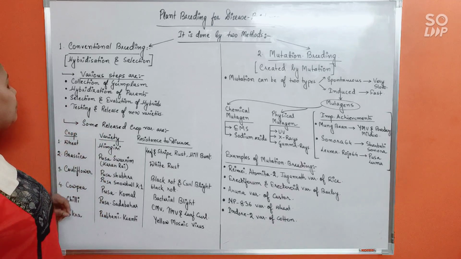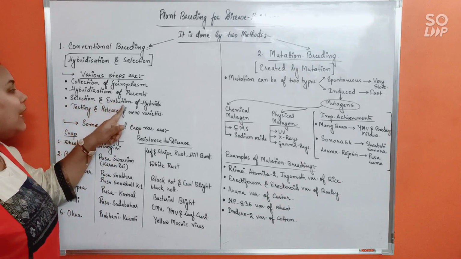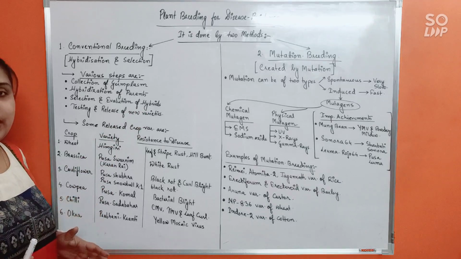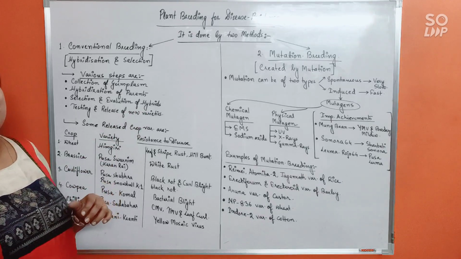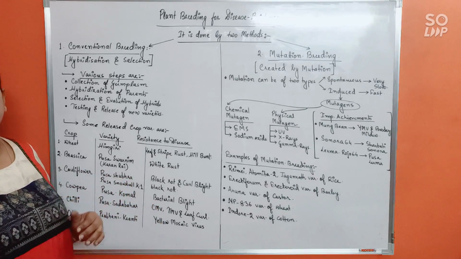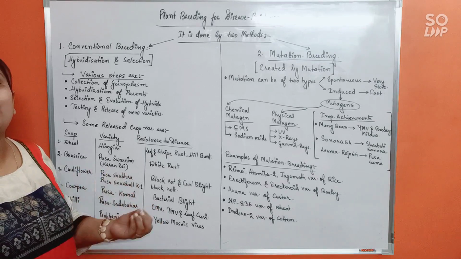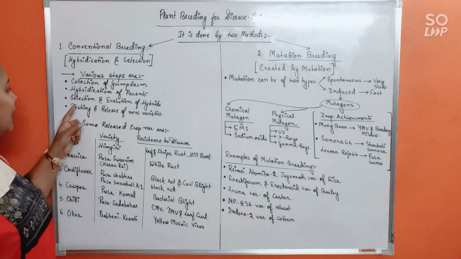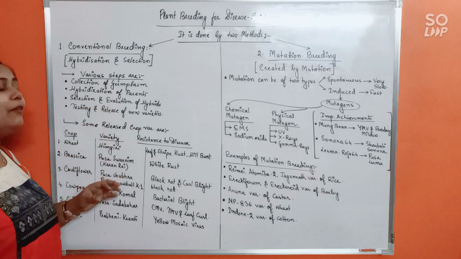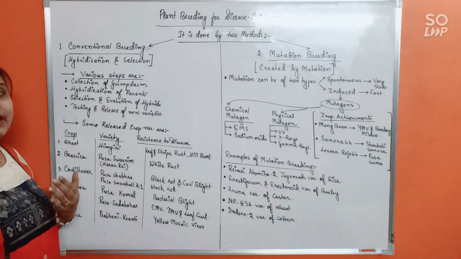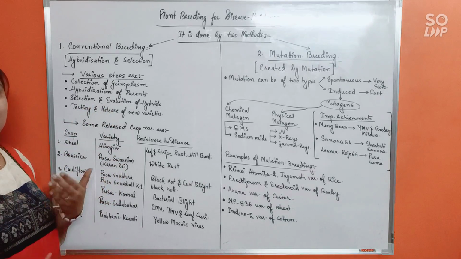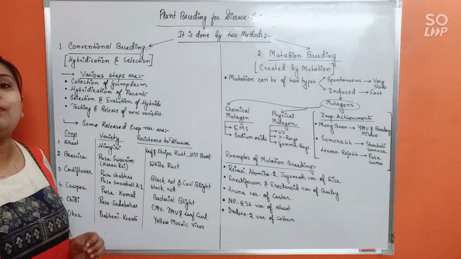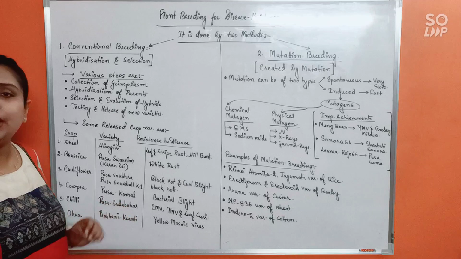Next, what we need to do is selection and evaluation of hybrids. This was the most tedious step, because after hybridization, out of 1,000 progeny, maybe hardly one or two would possess the desired characteristics. So we have to select and evaluate them, and finally keep making them undergo self-pollination so that they convert into a pure line breed.